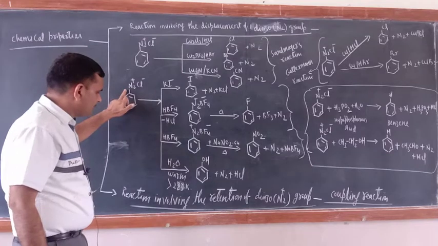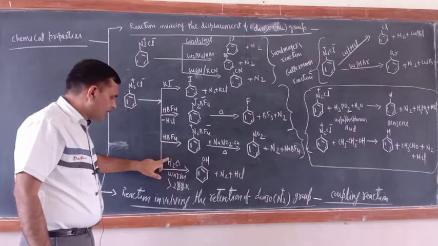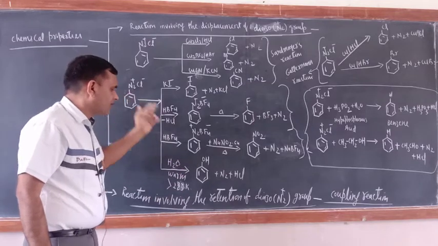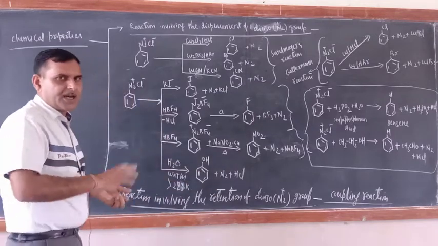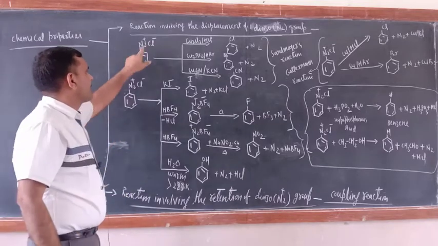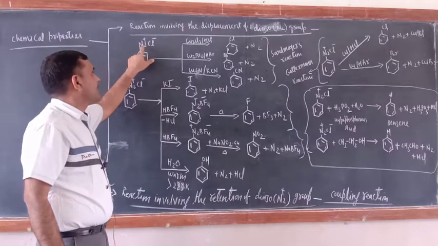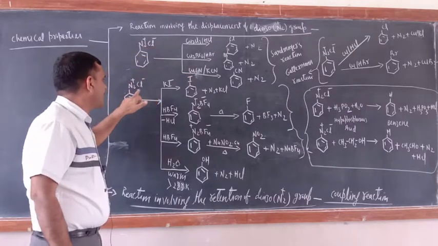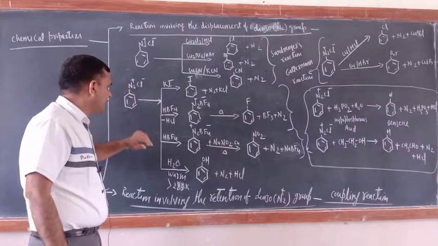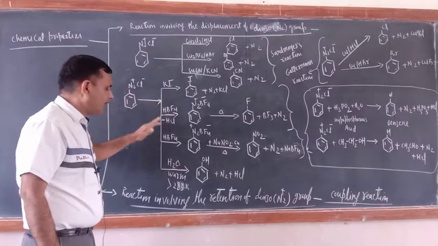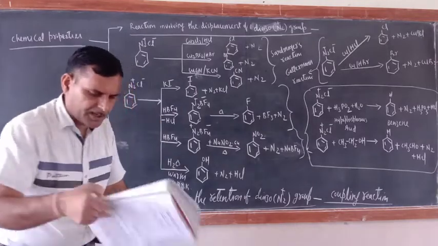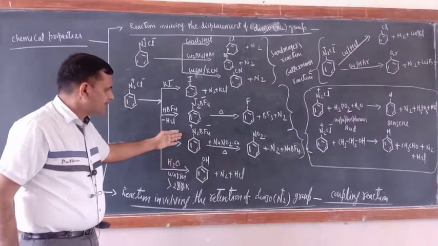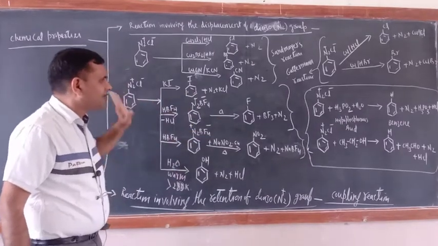Now similarly, when benzene diazonium chloride is warmed with water at temperature 283 K, directly the OH group will be here, plus N2 plus HCl. In the NCERT book, how have they written it? Replacement by displacement of N2 by Cl, displacement of N2 by Br, by I, by F. They have given headings like that, so that is not required. Displacement by hydroxyl group, displacement by NO2 group: like that they have given headings.